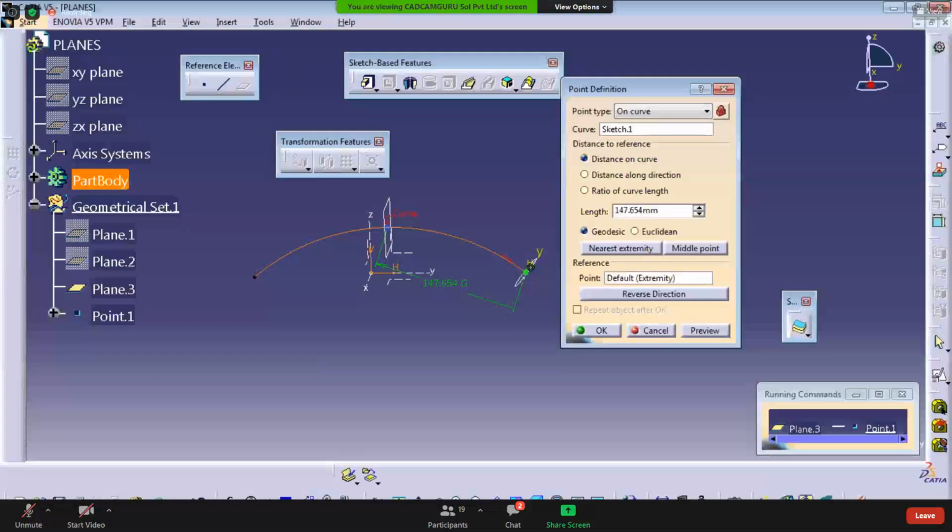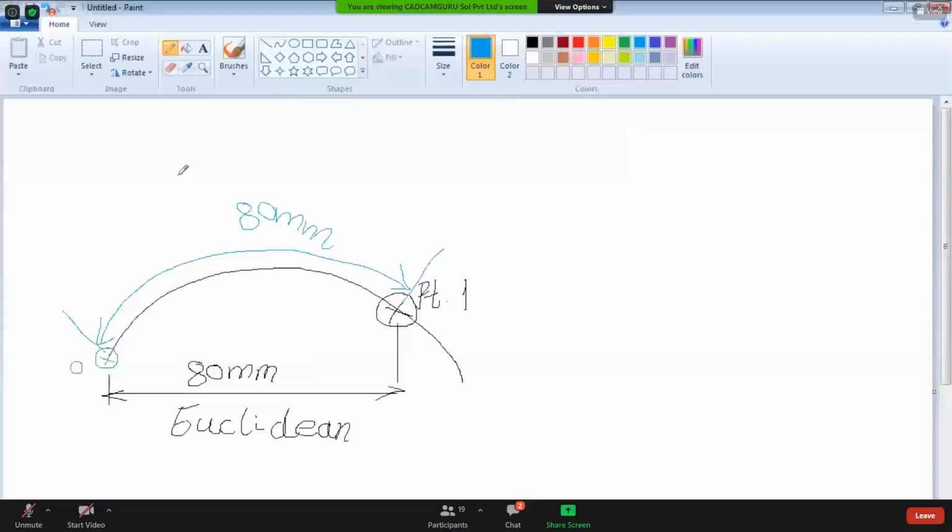Just check the spelling: Geodesic. This is the geodesic dimension. So if you want to measure the arc length, then that type is geodesic.